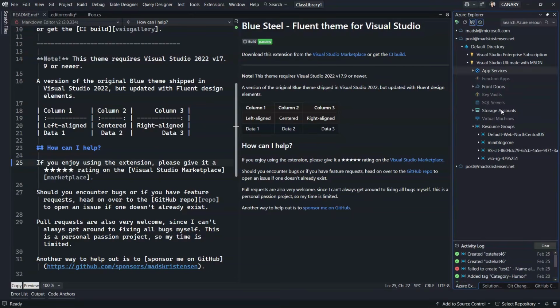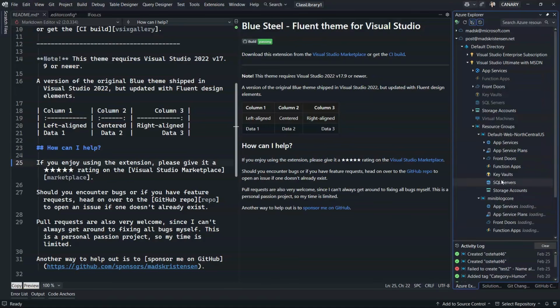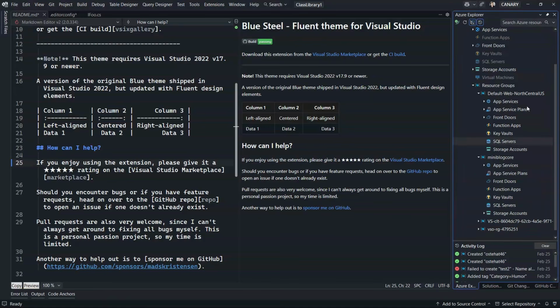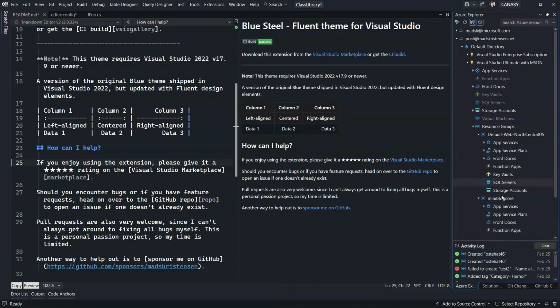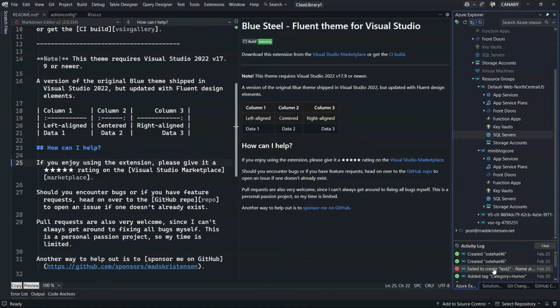I can come in, I can see storage accounts, I can create new ones. Create storage account, not on this particular instance, but it basically gives me all my function apps, app service, storage accounts, key vaults. And so now I have all this here at my fingertips. I can tag things, I can search for things. It's the old Cloud Explorer. It's back. That's great. I don't remember the activity log being there in Cloud Explorer, but it looks, that's new.